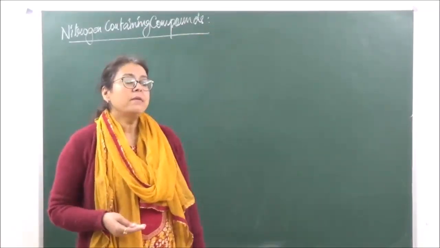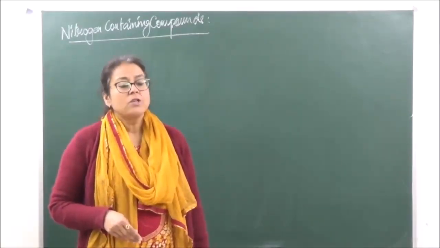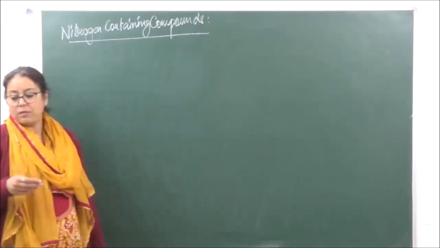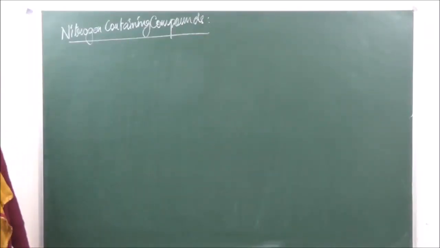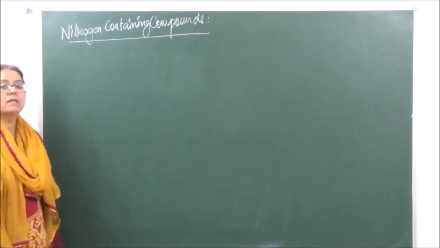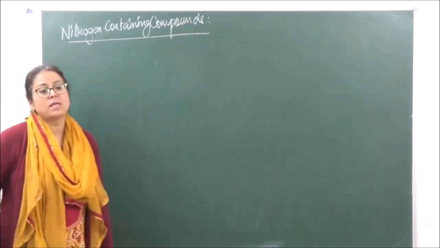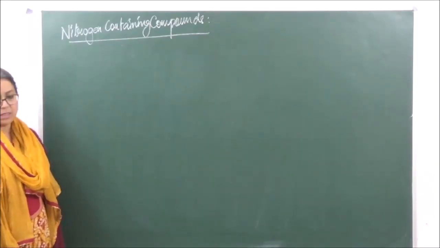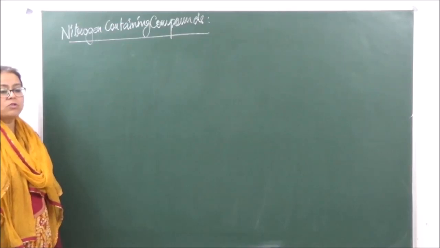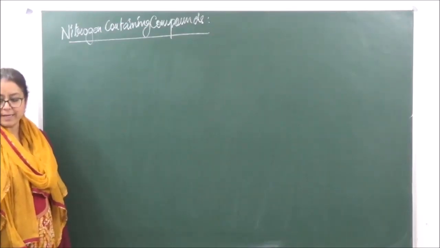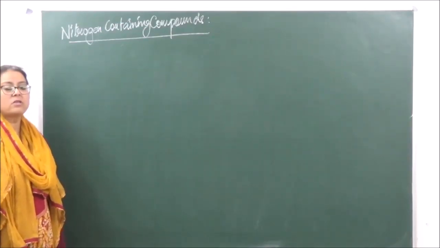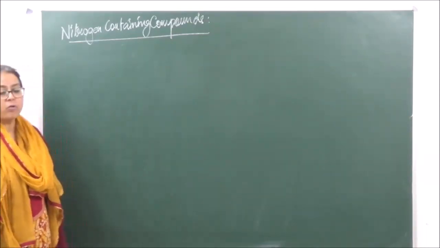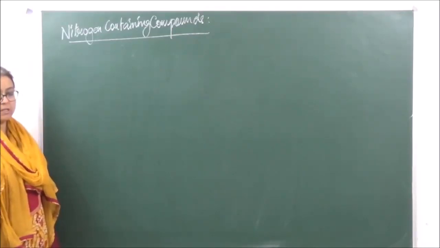Then we are going to study diazonium salts, right? So these are two important compounds which we are going to study under this chapter. Now when we are talking of amines, what all will we study under amines? We will study the nomenclature, the classification, the methods of preparation and properties. Okay? Then apart from this, we will also study the uses, and the identification of primary, secondary and tertiary amines. That is, how we will identify them, which tests we are going to use to identify the primary, secondary and tertiary amines.